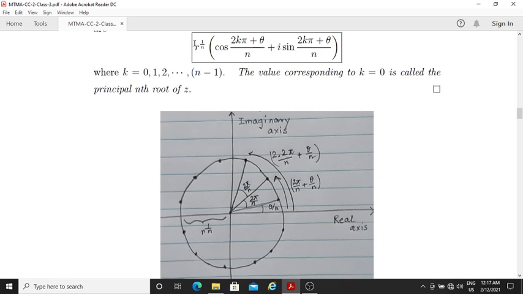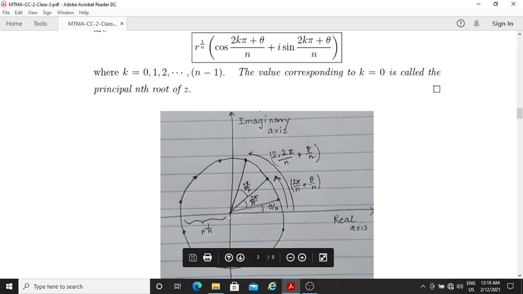The roots all have the same modulus, r to the power 1 by n. That means all the roots lie at the same distance from the origin. So they lie on a circle around the origin whose radius is r to the 1 by n. This is number one. Number two,